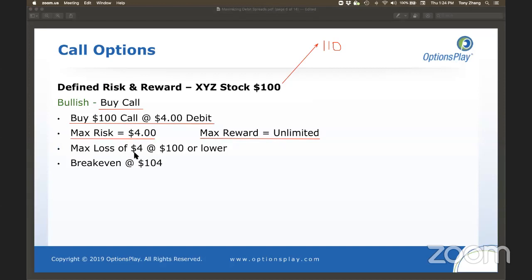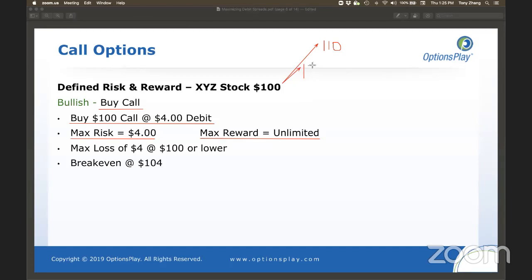Now, the one downside to this strategy, and this is the drawback that we don't really talk a lot about, is the fact that paying $4 to control a $100 stock is certainly a small amount of capital. But now the stock needs to rise to at least 104 just for your strategy to break even. So you're not just making a bullish bet, you're making a bullish bet based on magnitude, because the stock needs to rise to at least 104 just for you to break even,